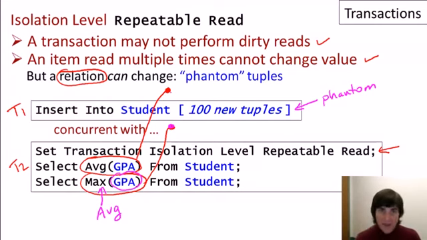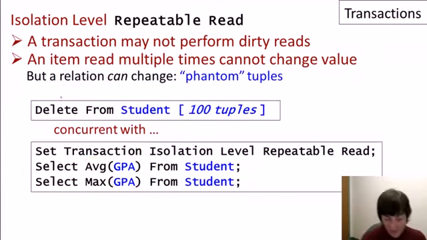When a value is read once, it's locked and it can't be modified, but when we insert new tuples, they aren't inserted with locks, and so they can be read in a second read of the same relation. Don't worry about the implementation details, but do worry about phantom tuples, because if you're using the repeatable read isolation level, you do need to know that insertions can be made by another transaction even between two entire readings of